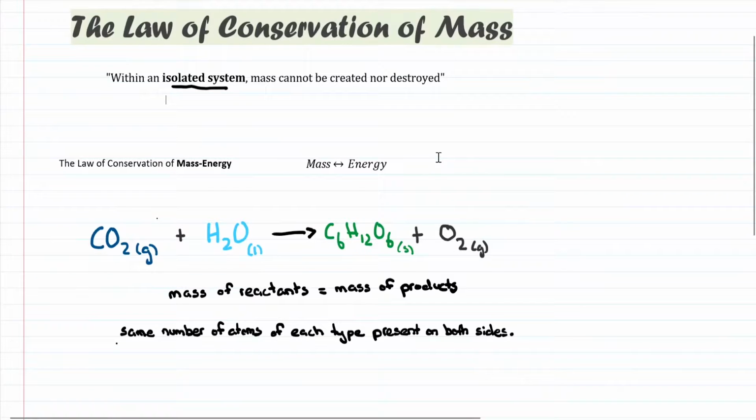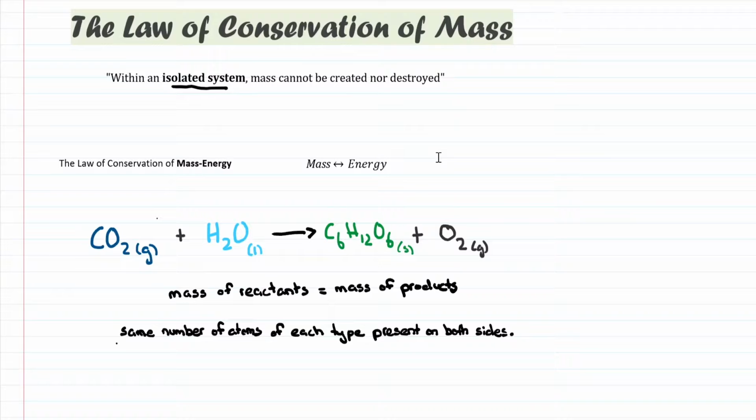In this video, we're going to be looking at the law of conservation of mass. The law of conservation of mass is defined that within an isolated system, mass cannot be created nor destroyed. The term isolated system may sound a bit tricky, but all it does is refer to an enclosed area or space where energy or mass doesn't freely go in or out, kind of sectioned off from the rest